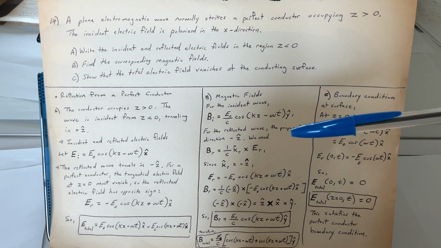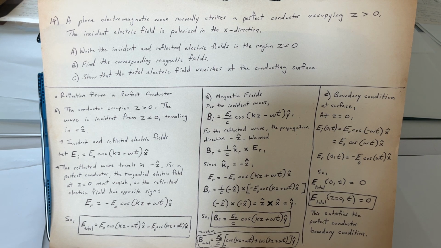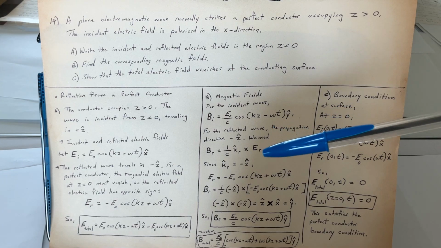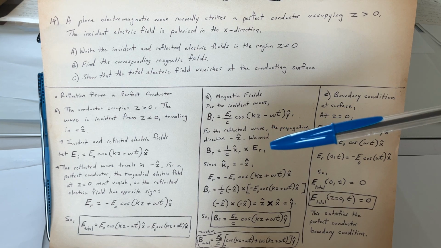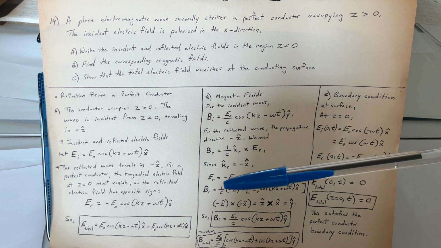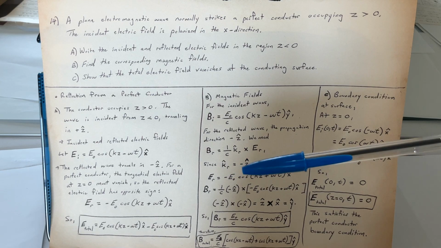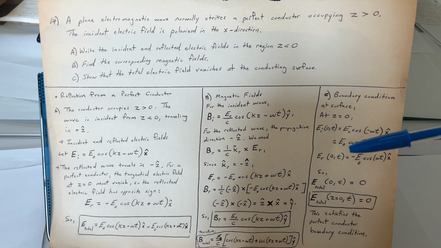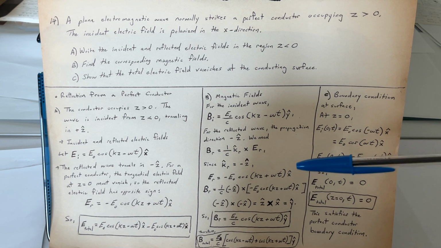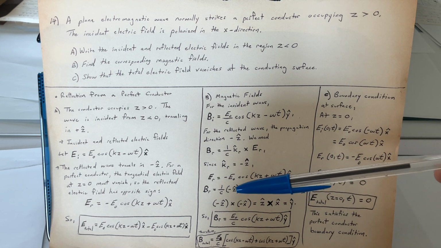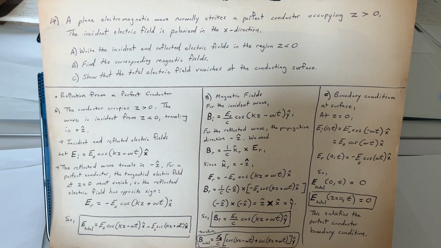We need B sub r equals 1 over c, k hat sub r crossed with E sub r. Since k hat sub r equals negative z-hat, and E sub r equals negative E naught cosine of (kz plus omega t) times x hat, then B sub r is 1 over c times negative z-hat